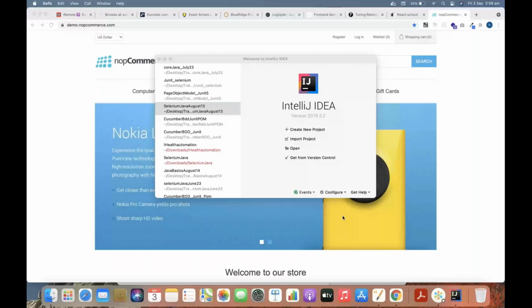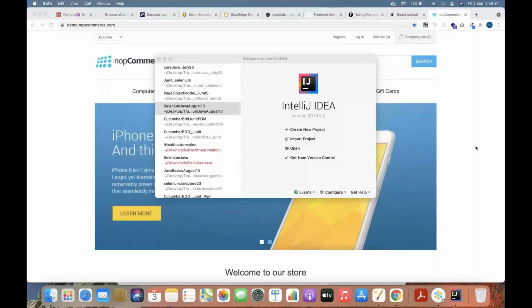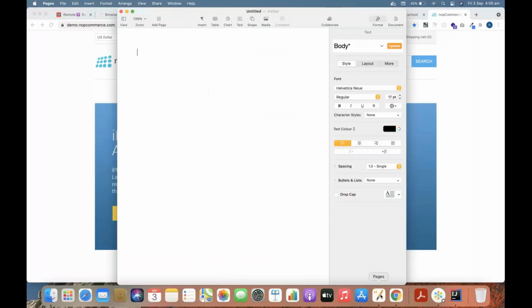Are you able to see my screen? Yes. Okay. So we'll start with introduction of Java. Then we'll start with some basic concepts today. So you might know what is Java, right? So what is Java? Any idea? It's an object-oriented programming language. Yes, Java is an object-oriented programming language. Also, it's platform independent.